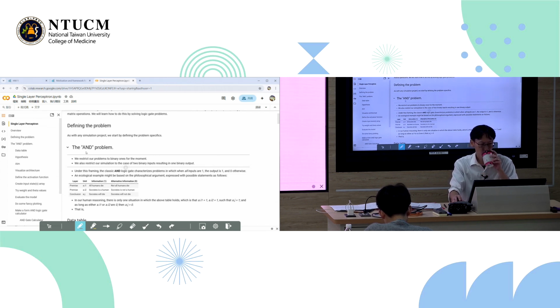And I have a disclaimer here. In order to simplify this course, we will restrict our problems to binary ones, okay? So the input and output states of the neurons are either ones or zeros. They're binary, okay? And we restrict our simulation for now to the case of two binary inputs.